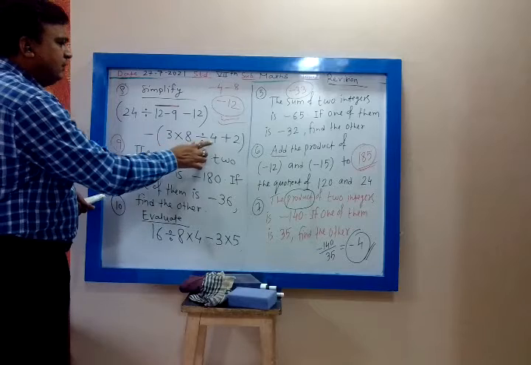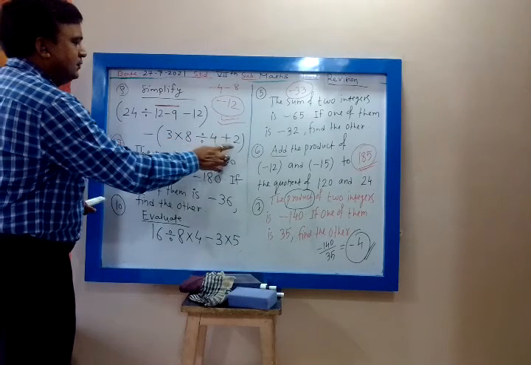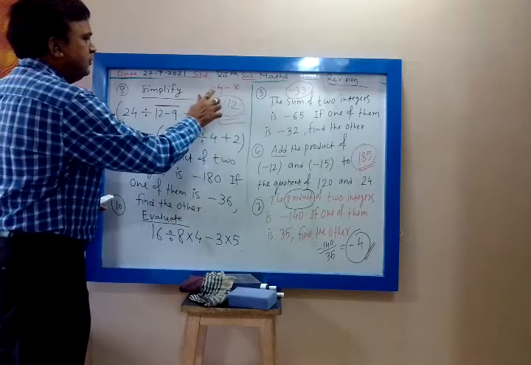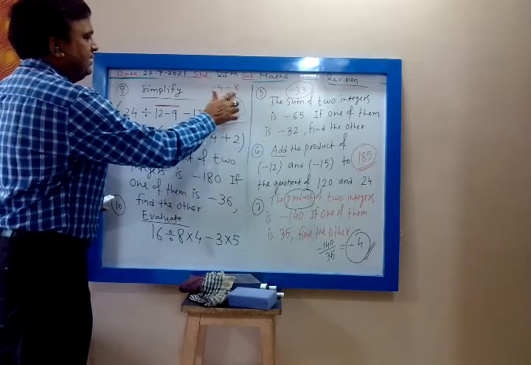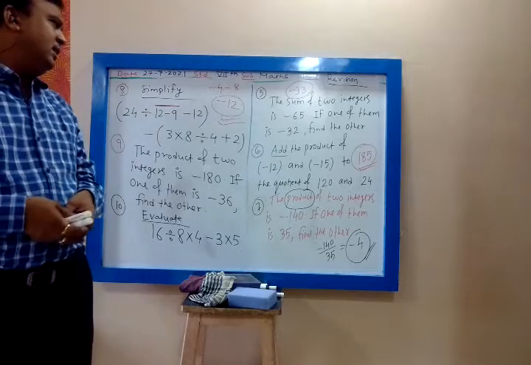Then this will be 4. 8 divided by 4 is 2. 3 into 2, 6. 6 plus 2, 8. Minus 8. Minus 4, minus 8. Same sign. You have to add and take the common sign. Answer is minus 12. Very good, Shreya Veera. Correct answer is,